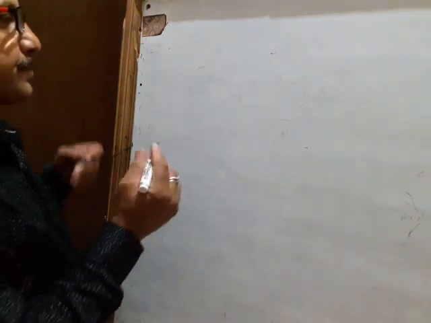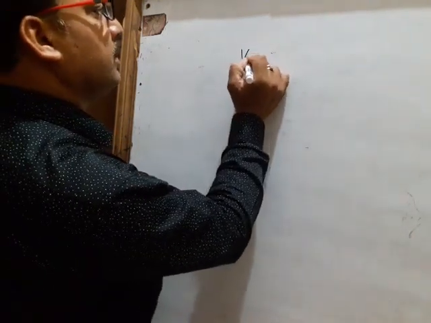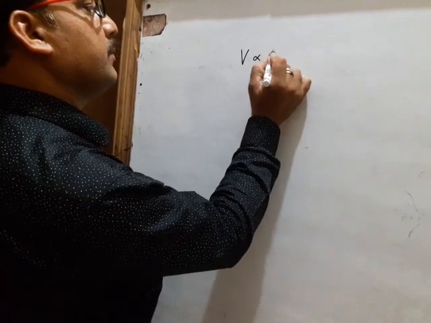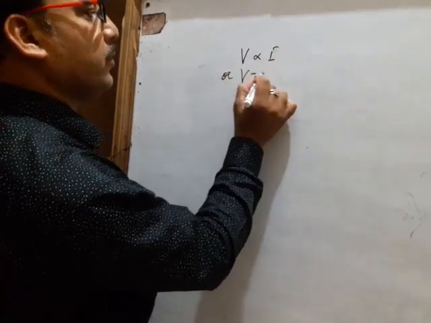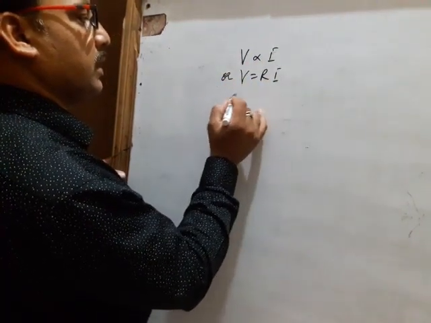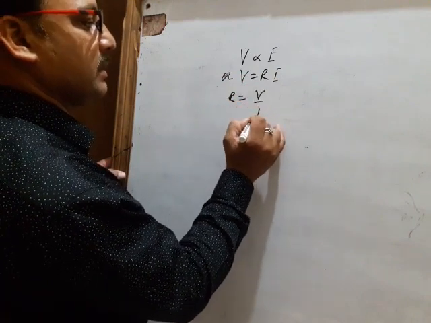Already I have studied in class 10th. What is Ohm's law? Ohm's law states that the current flowing through a conductor is directly proportional to the potential difference across the ends of the conductor provided the temperature remains constant. That is, V is directly proportional to I or V equal to RI, where R is a constant known as resistance of